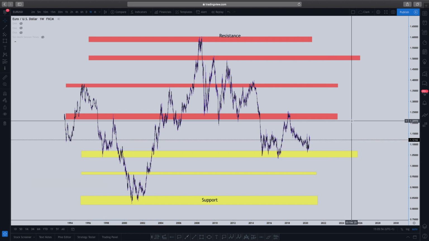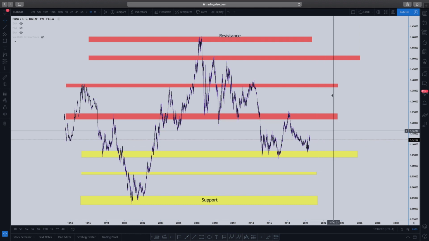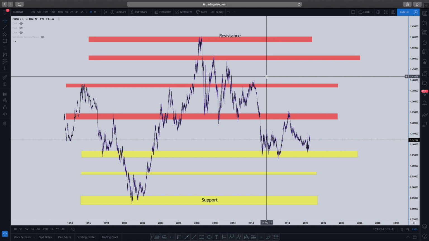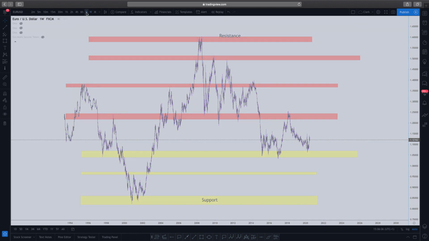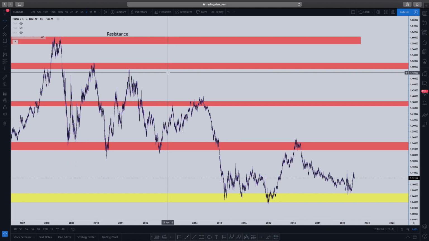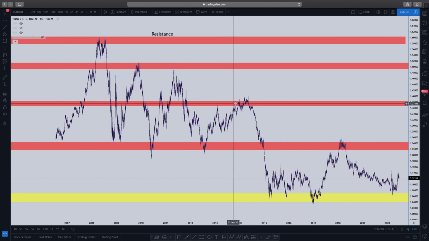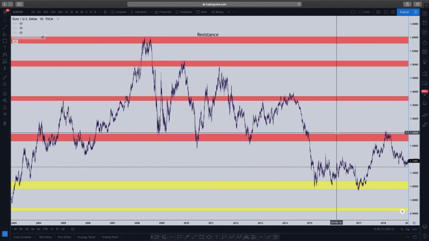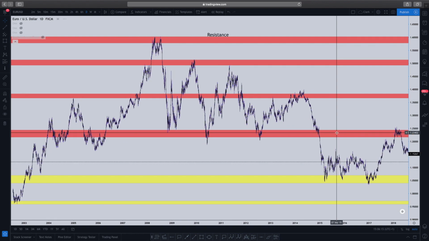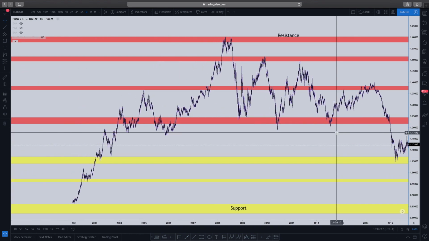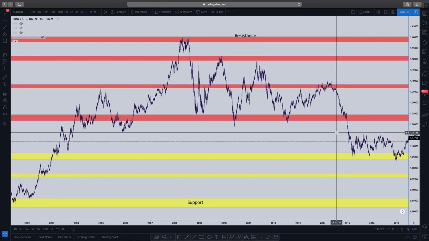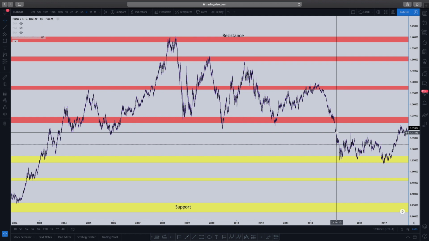Okay, you're not actually going to use these when you analyze a chart this way. This is just to get the point across. Okay, support on the bottom, resistance on the top. Let's go into the daily chart. All right, so daily, daily, daily. All these are a day. So what I want to look at next,